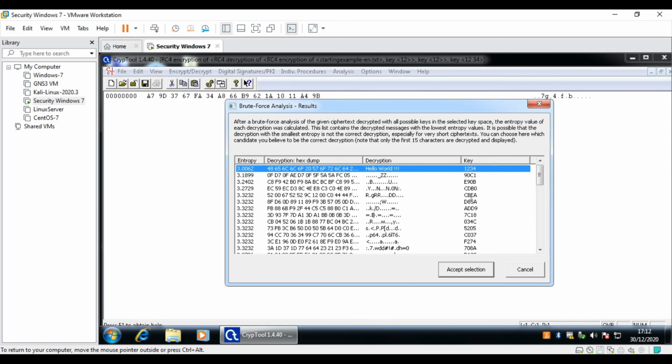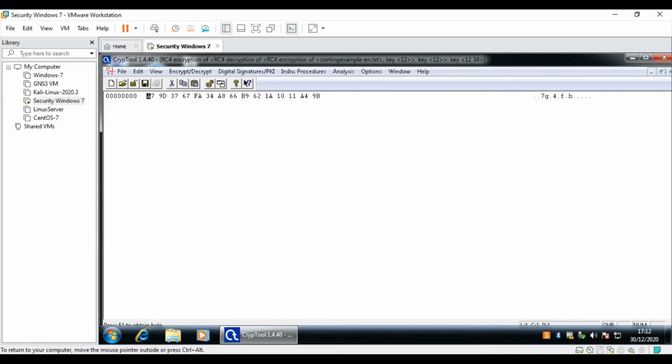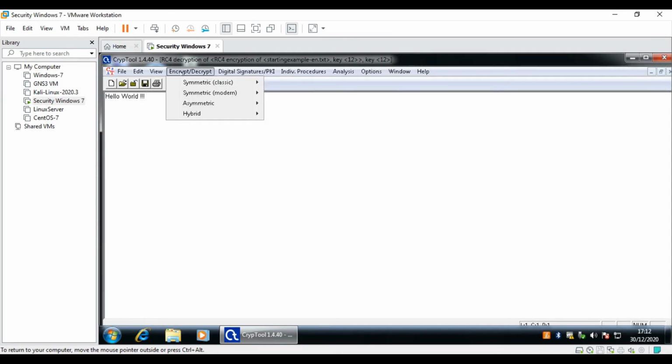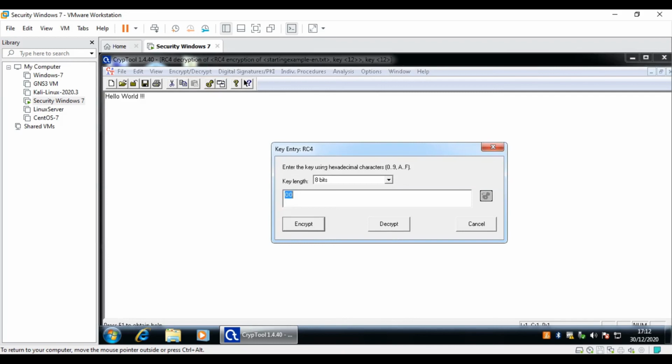When you keep on increasing the key size, the system takes a larger amount of time to crack the password. For the sake of understanding, as the final step, I'll use a very high length password. In this case, I'll use 32-bit and the password will be 1234 5678, a very easy password, and I encrypt.